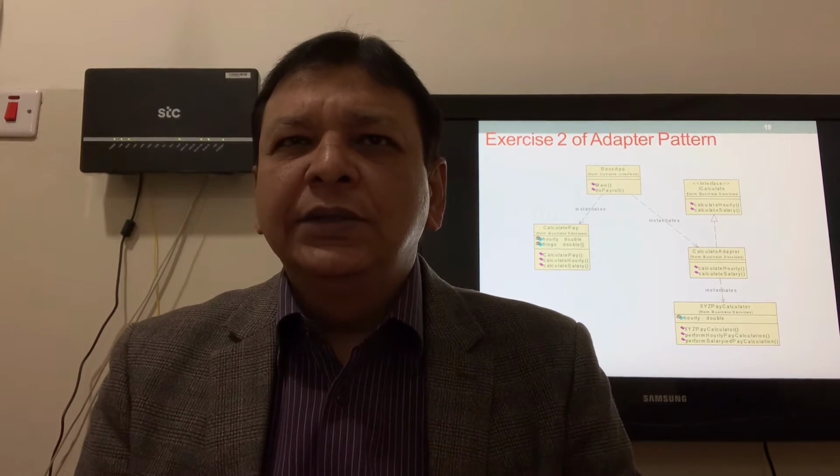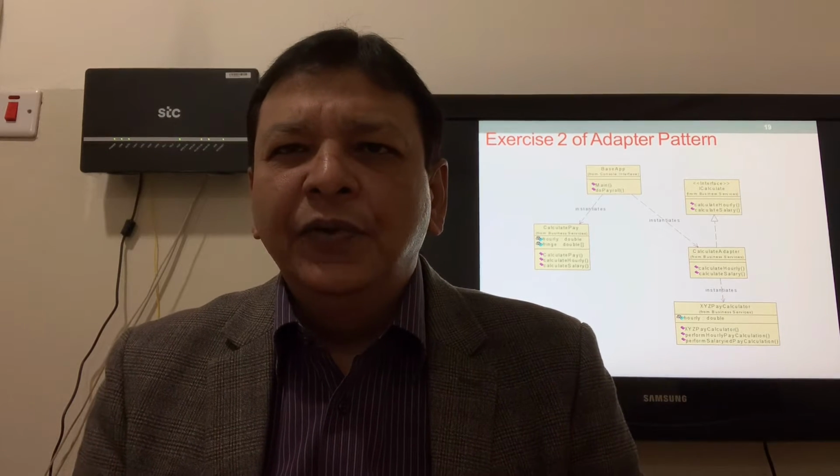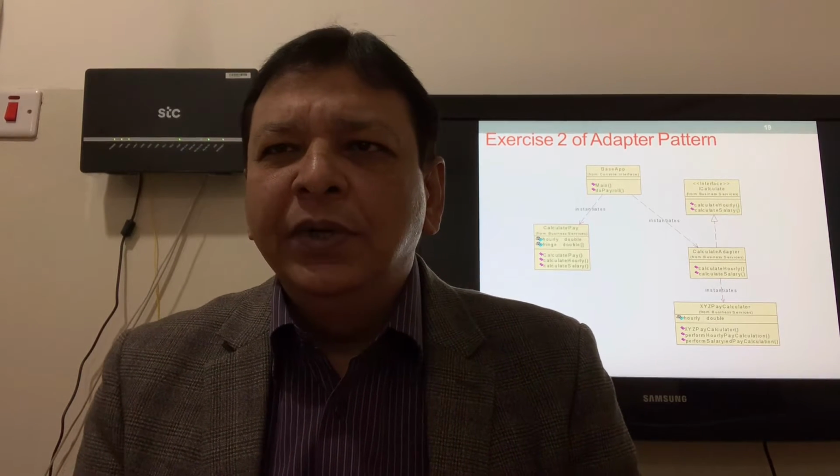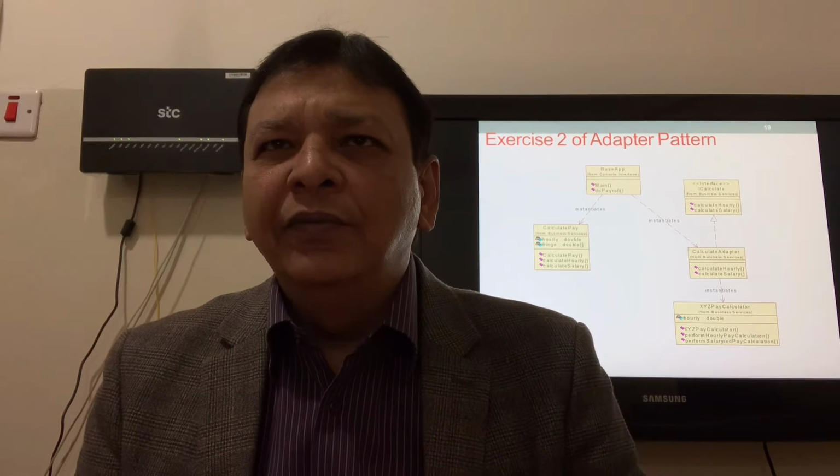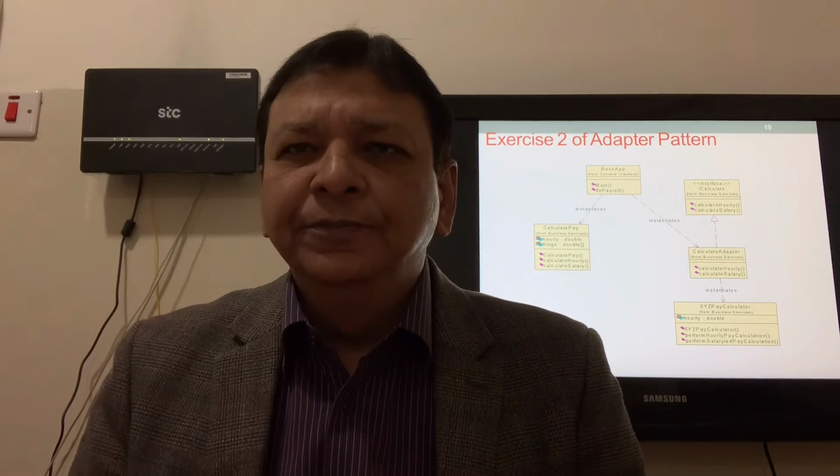Let's start our second exercise. We have the interface iCalculate, we have the adapter, we have the adaptee, and we have our main method. These are the specifications for the second exercise. We have the target interface, the adapter class CalculateAdapt, the adaptee PayCalculator, and our client, the adapter pattern demo main. This class will interact with the adapter class, and we have the adaptee and the adapter, the wrapper class, which implements the desired target interface.